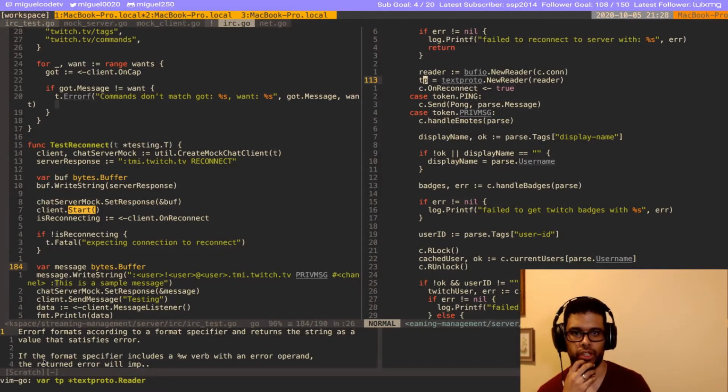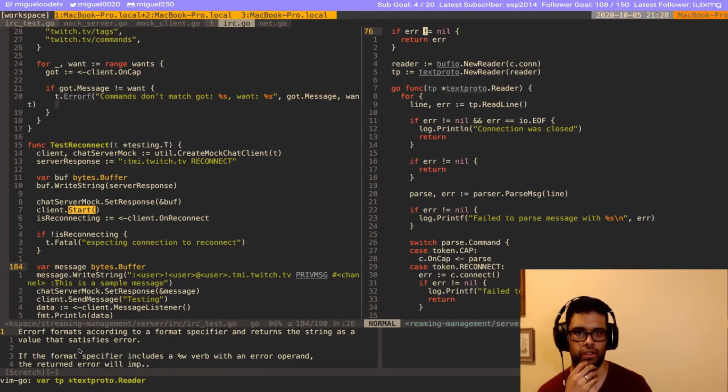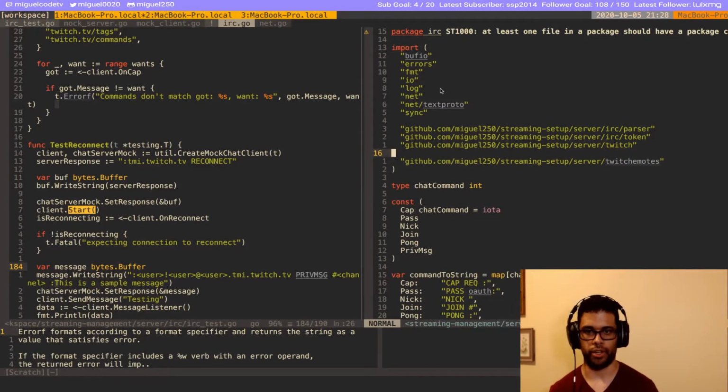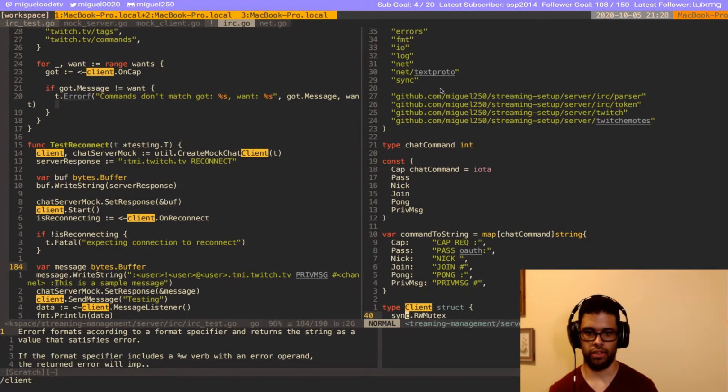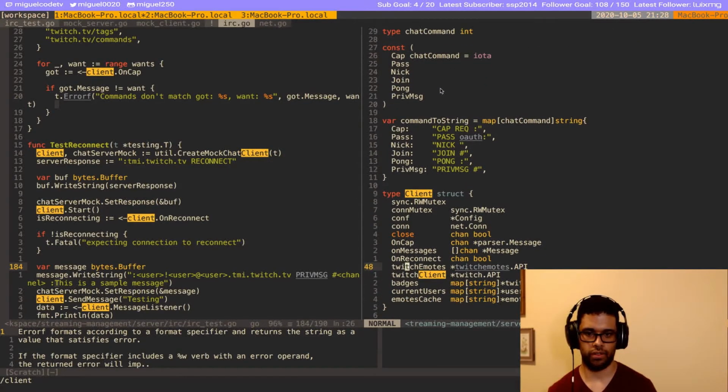It's doing the same work. So if I take the reader and I store it as part of the client, and then when a connection gets started, I create the reader.